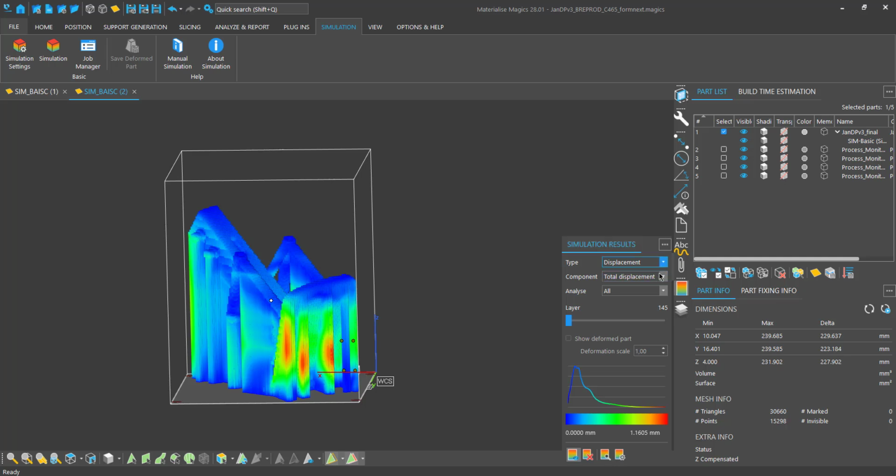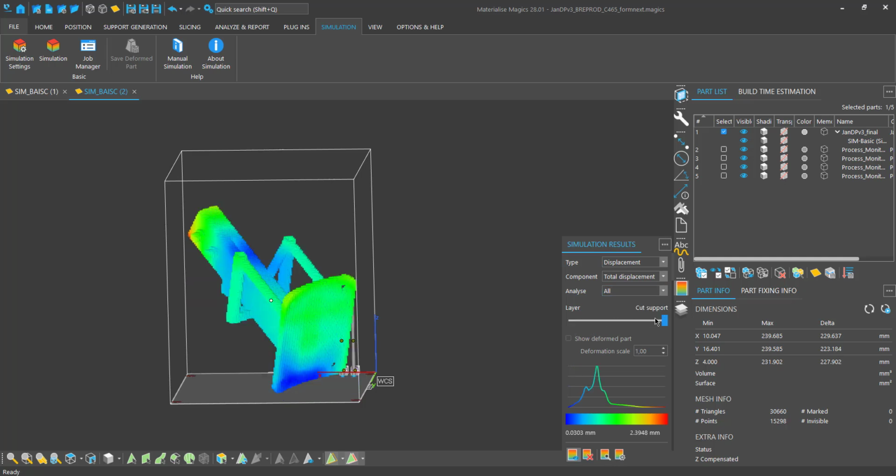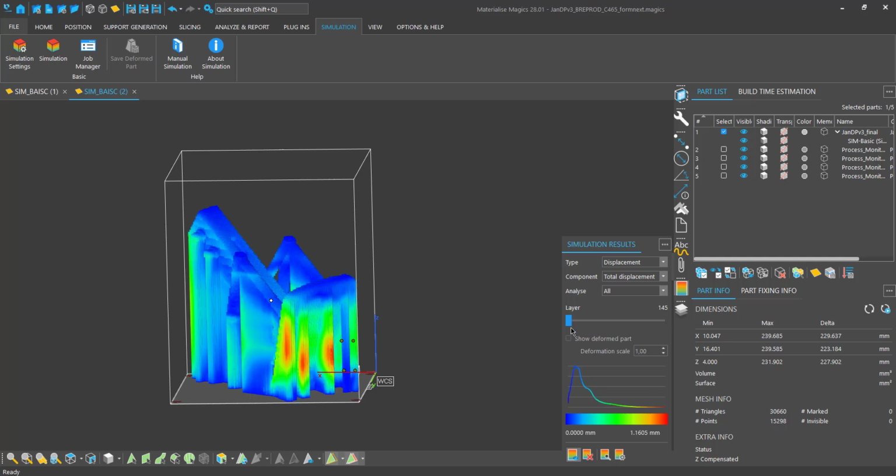You have the option to analyze the part and the support individually. A key advantage is the ability to see the deformation that occurs when the support is removed. This enables you to address commonly overlooked details and plan accordingly. The process is evaluated both with and without heat treatment, allowing you to adapt the supports early on to prevent